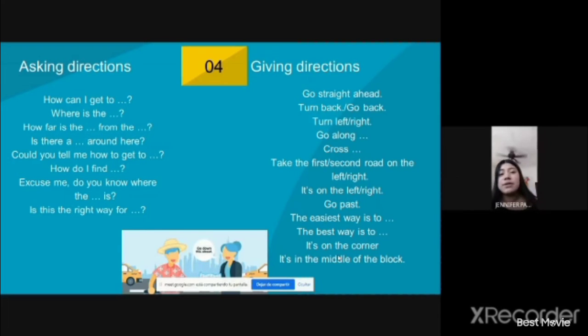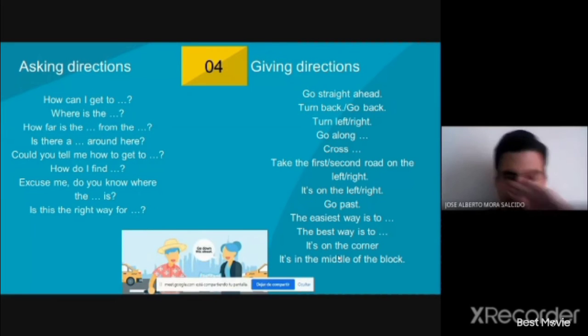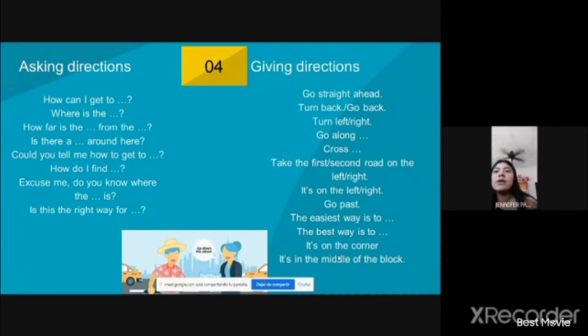Could you tell me how to get blank? How do I find blank? Excuse me, do you know where the blank is? And all of those. And then on the side of giving directions, we have go straight ahead, turn back, go